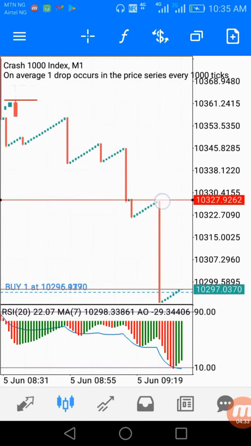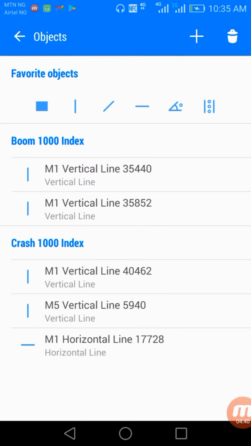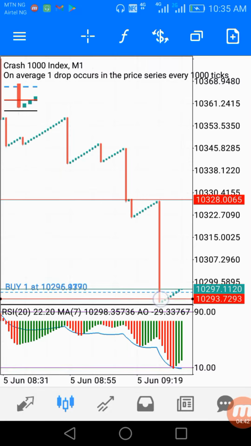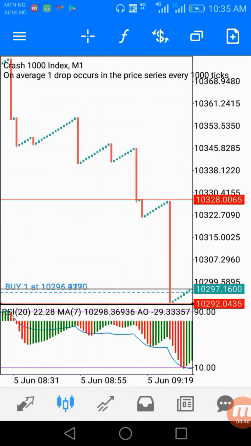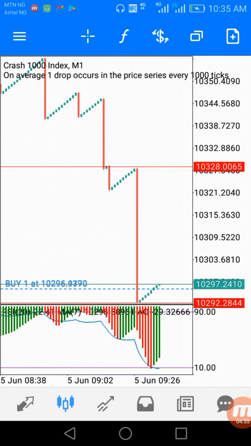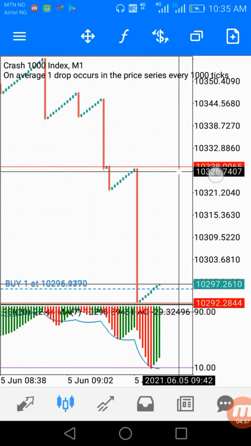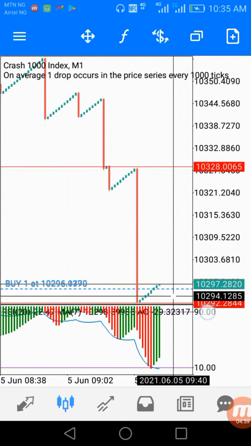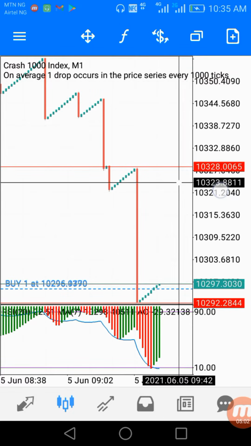Okay, at the upper region of the spike, place a horizontal line just this way, and then place another horizontal line below the spike, just this way. Make sure it's touching the spike, just at the tip of the spike. Then you take the difference between this and this place, meaning 10